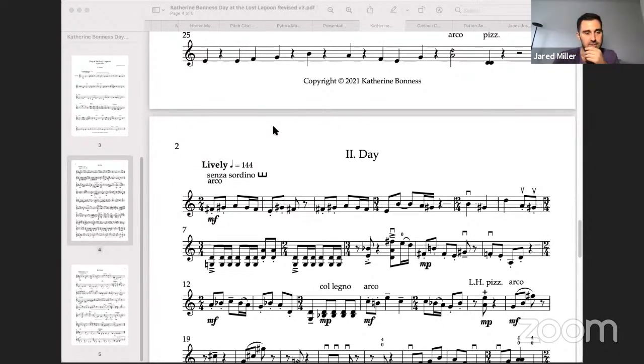And let's look at Rodney's piece and see if it's irrational notation. I'm going to stop sharing for a second. Or irrational time signatures. Sorry, Rodney. No, this wouldn't be irrational time signatures.